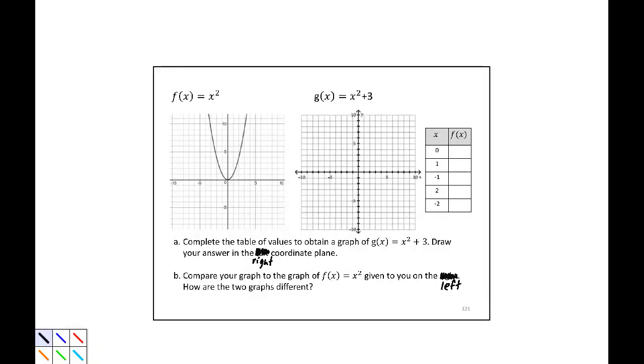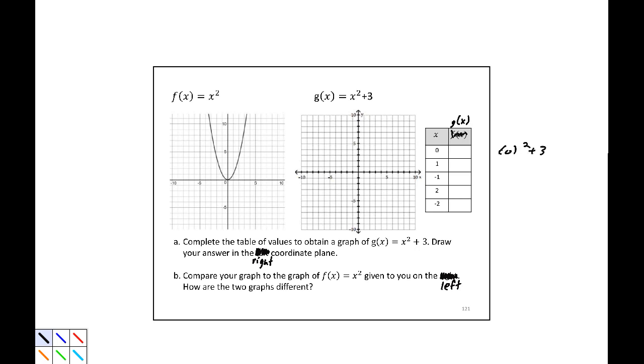Complete the table of values to obtain a graph of g of x equals x squared plus 3. Draw your answer in the right coordinate plane. Let's begin by filling this table out. We have for x equals 0. Okay, and let's go ahead and make this g of x. For x equals 0, we'll take 0 squared